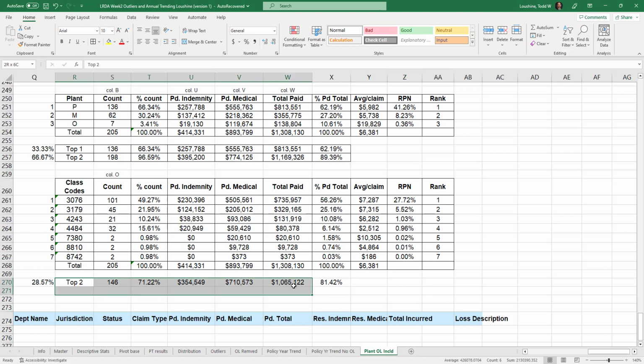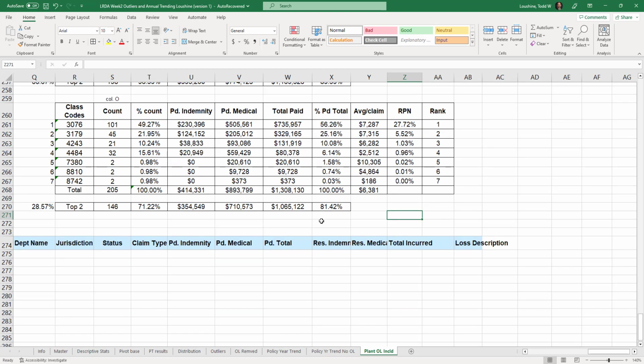And I think we got it on the first try. That's pretty rare. Usually you have to go further. So I think with the cause, we'll be able to go further with it. But we've got our Pareto. We're going to focus on the top two. So these two class codes represent 81% of everything. We might want to consider what's here to see if it's unique. I mean, if I was to do a top three,